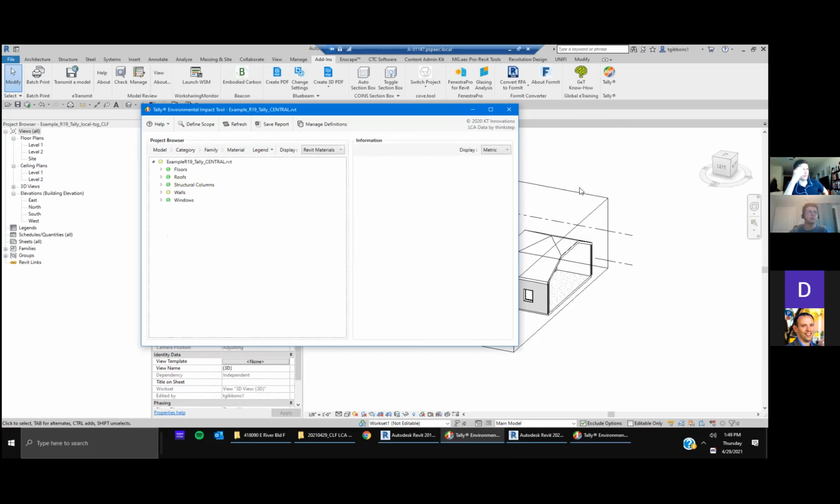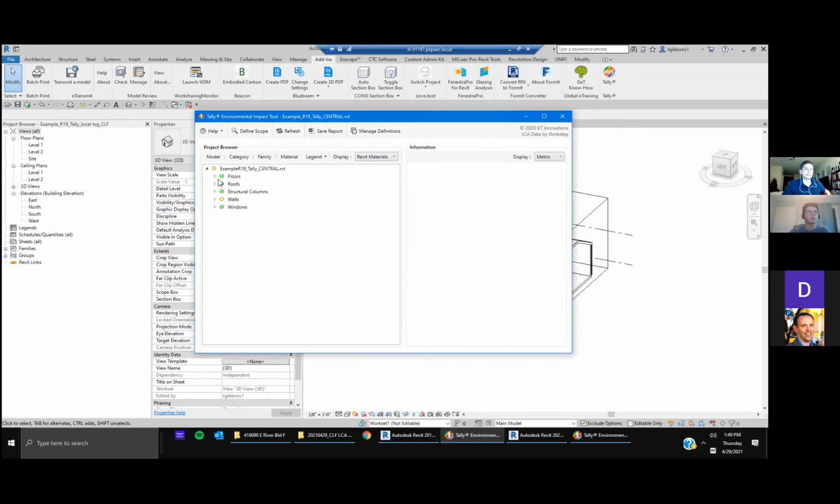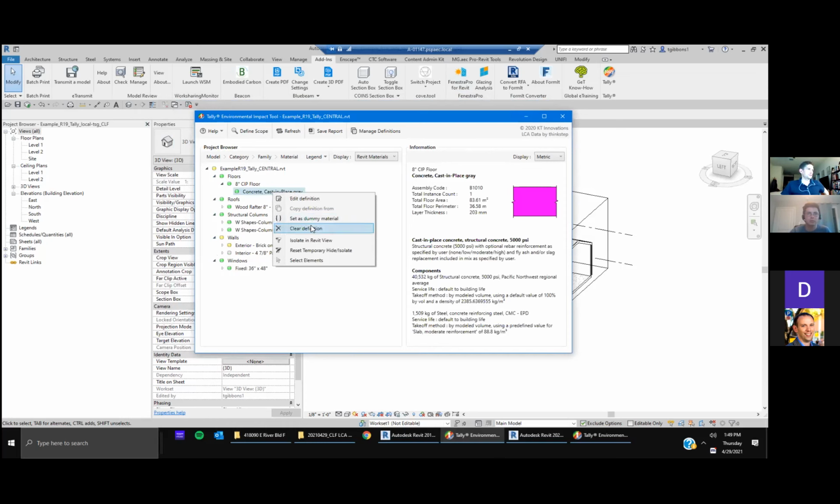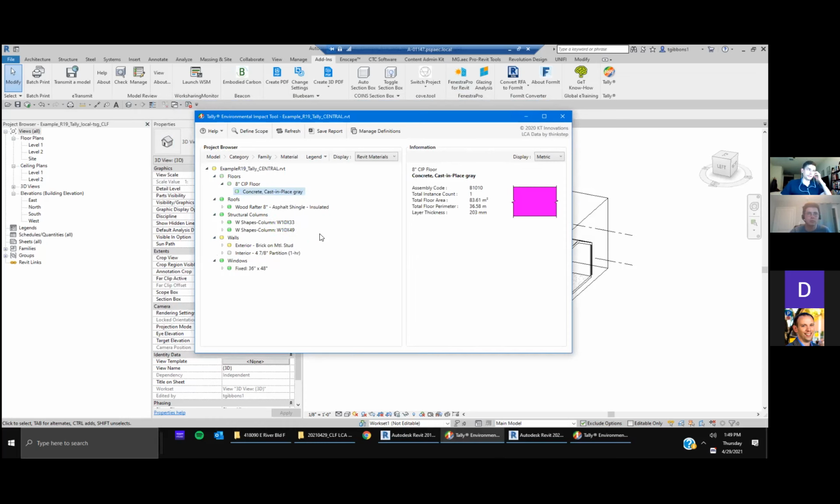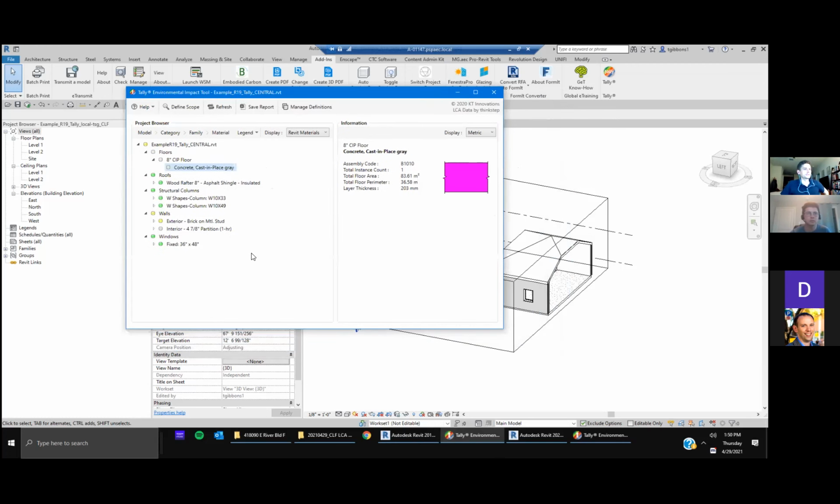And so this is a little bit pre-baked. In this model, I have already done some of these mappings. And again, I keep saying mappings, essentially saying this is what's in my model, and I'm going to connect it to what's in the backend database for Tally. So I think I did floors, walls, windows, some of these things. So let me clear the definition of the cast in place floor quickly and just walk you through how I go about this. So Tally has run our model and pulled out all the floor objects in the model,